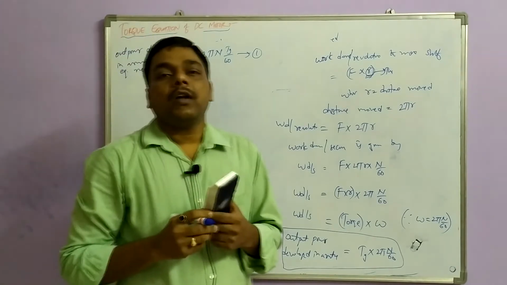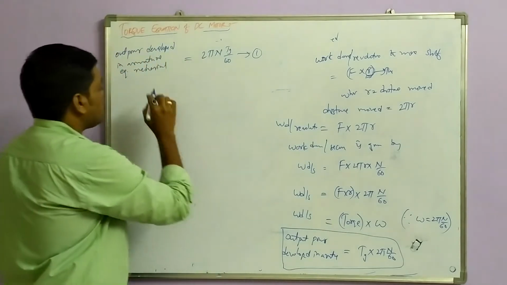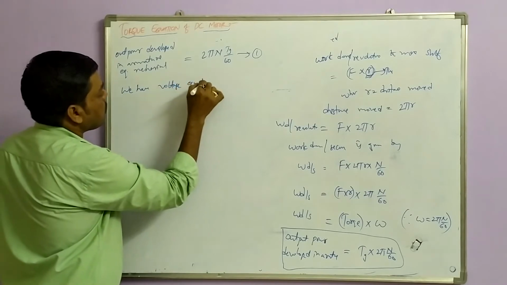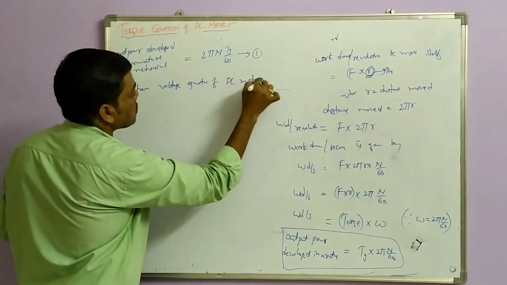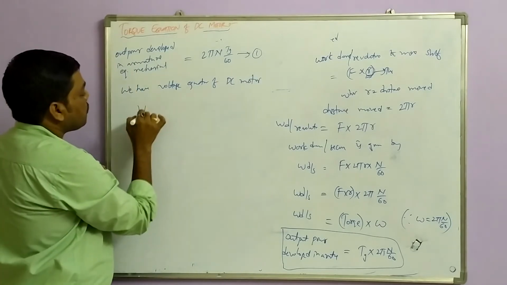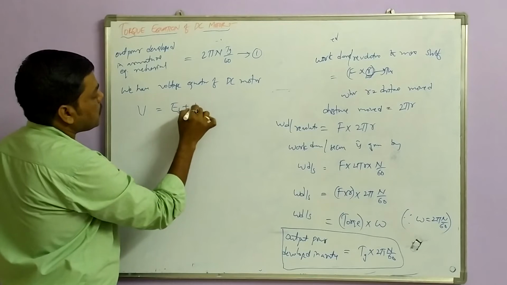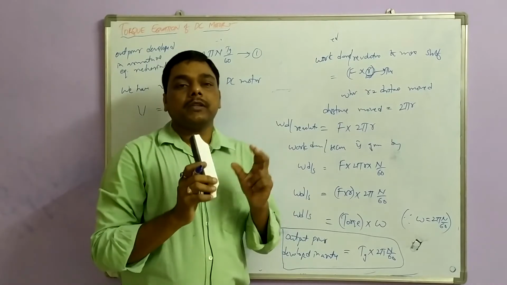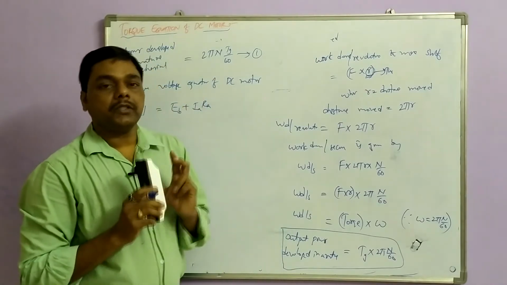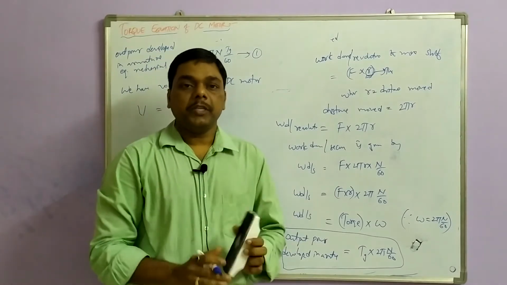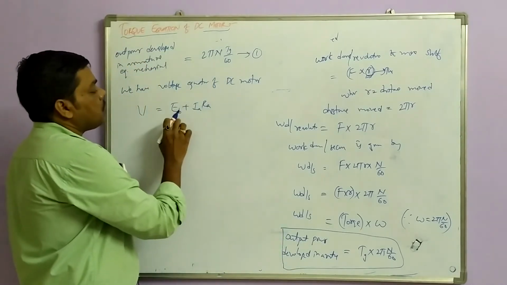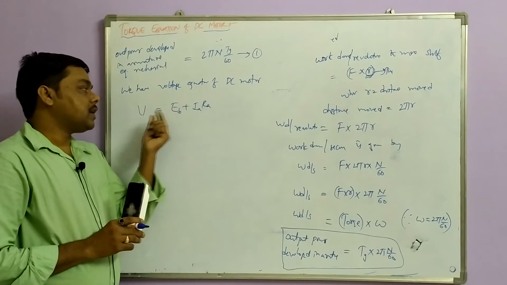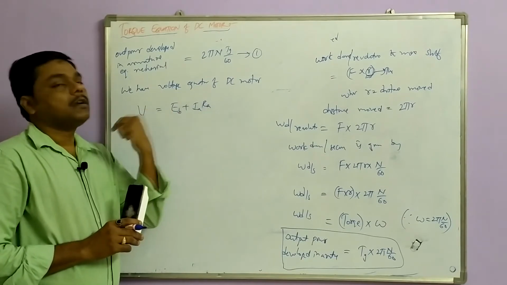Now go for the DC motor voltage equation. So what is the voltage equation of a DC motor? V is equal to Eb plus Ia into Ra. I am neglecting the brush contact drop and simply considering a simple shunt motor. V is equal to Eb plus Ia Ra: this is the input supply, this is the actual generated voltage, and this is the drop.